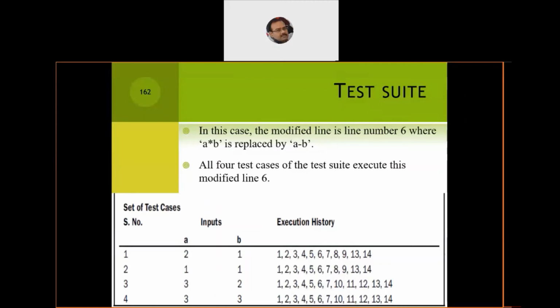And this is what the execution history shows us. So these are the possible outputs we get after the values have been input for variables a and b. So these are a set of test cases available for us. Now either we can use the same test cases and rerun them, or we can design new test cases and then rerun and recheck whether we are now getting the correct output or not.